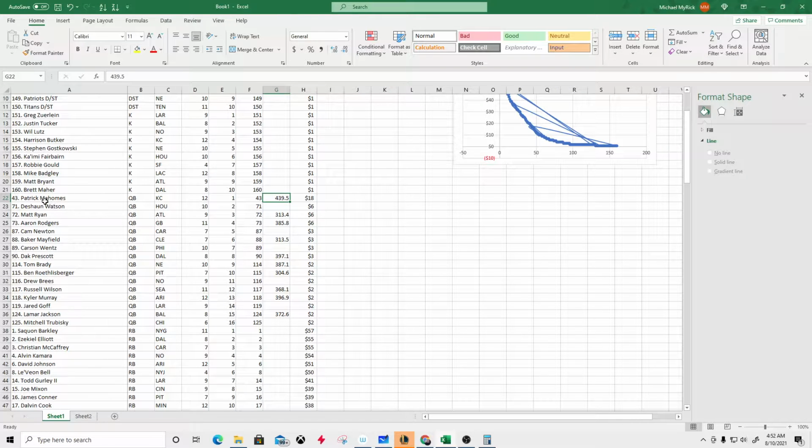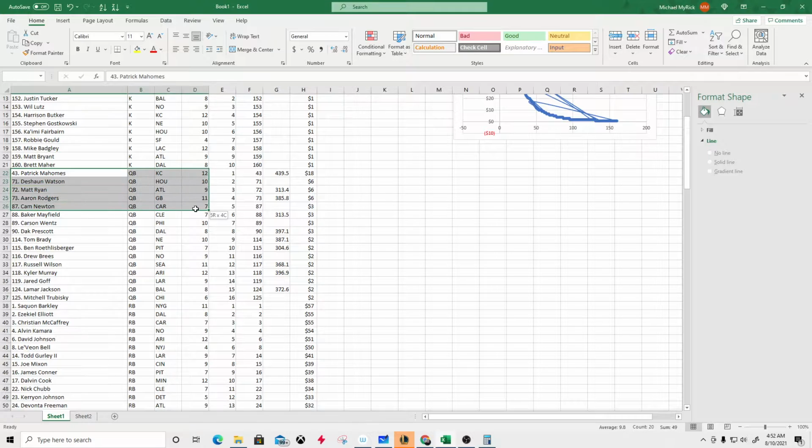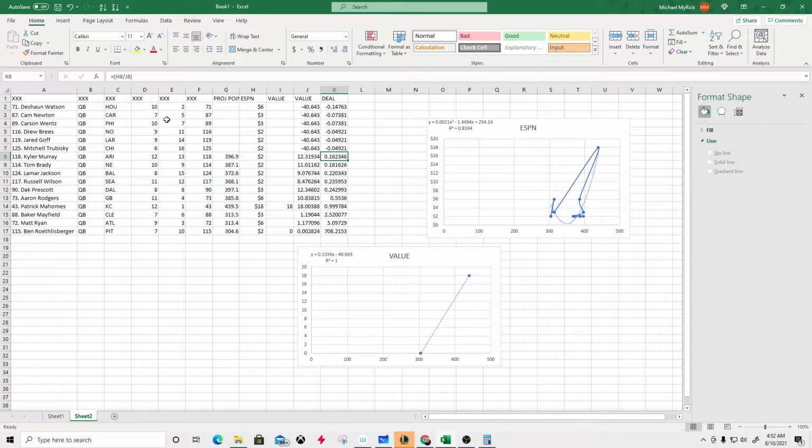So, defensive kickers are a little difficult. I can try to do this with them too, but some of these guys were on the list. Some of these guys have zeros, like Deshaun Still's a zero, but I took the quarterbacks, brought them over here, put them here. This is just the same thing. I just didn't want to type in